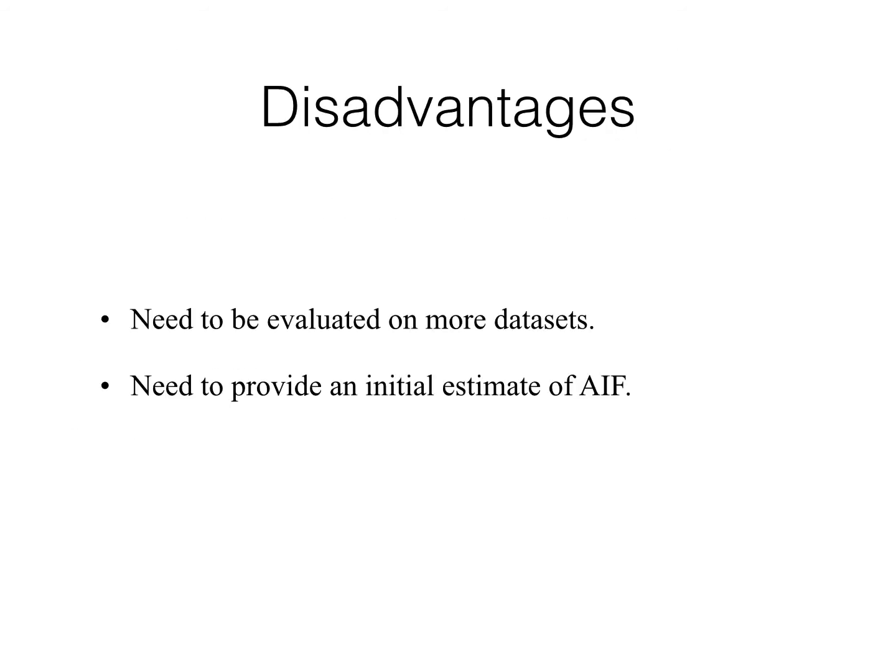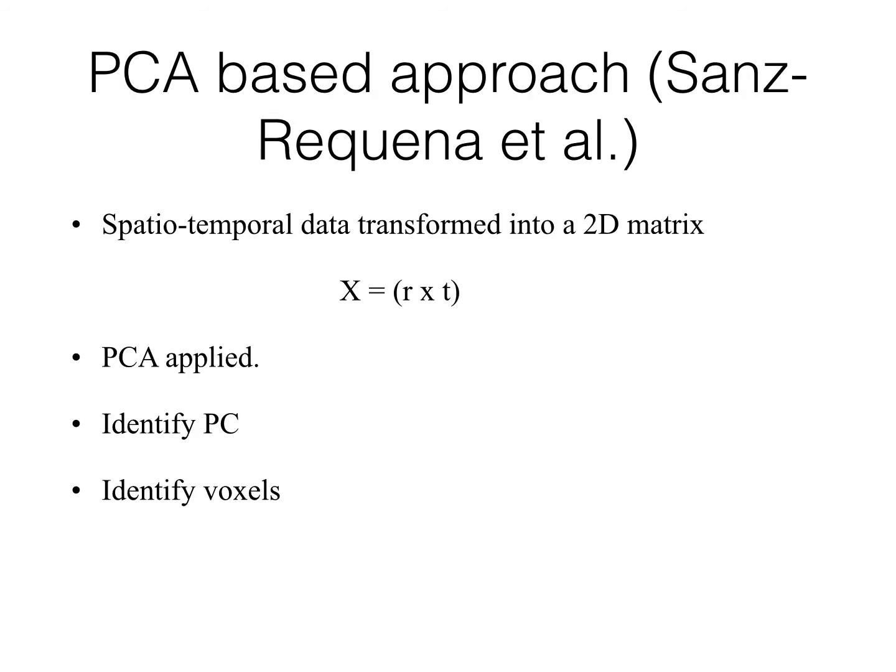But the disadvantage is I need to provide an initial estimate of the arterial input function, some knowledge about the arterial input function. So the technique that I have implemented is principal component analysis based,